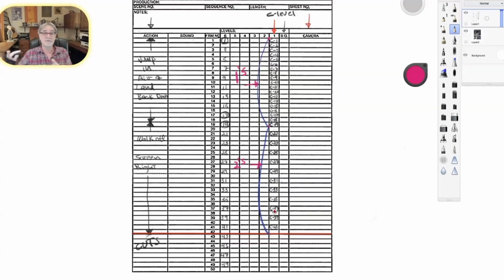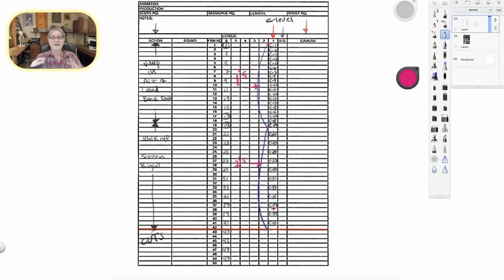Some people love that look. Me personally, I like it to be mixed up. Sometimes I'll even hold a frame for 4 frames just to break it up. It gives a little texture in your animation. But we'll get into that later. For right now, just understand that this is all it means.